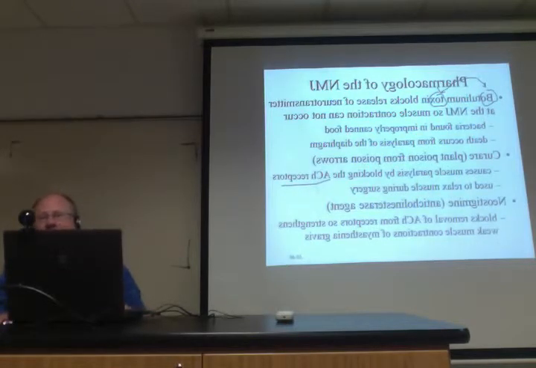Look at the name. The name tells us what it's going to do. It is an anticholinesterase agent. So it's going to be blocking the removal of acetylcholine. So if we're blocking the removal of acetylcholine, that means more acetylcholine is going to be available. If more acetylcholine is available, we're going to have even stronger muscle